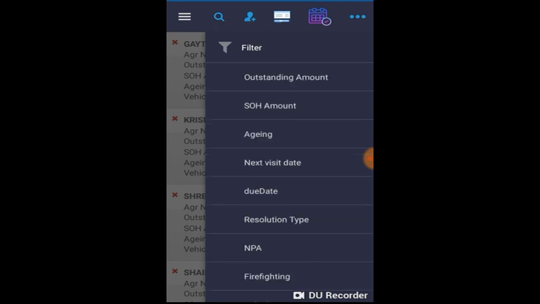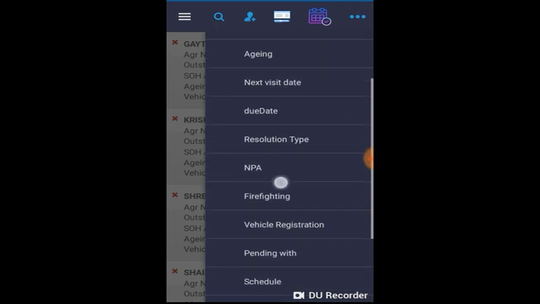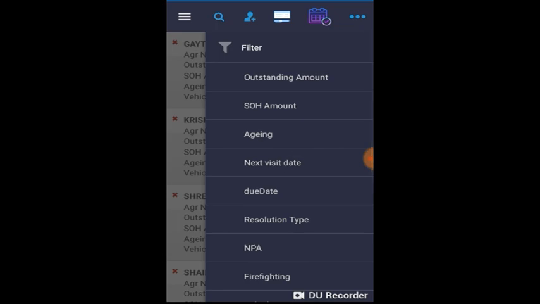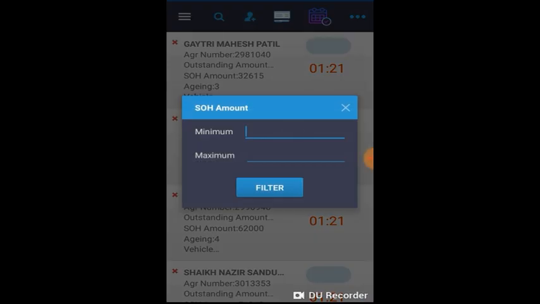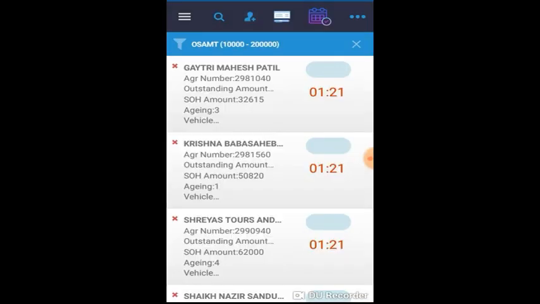If you go into filter, you can see you have many options to filter all the contracts. Now as an example, I'm going to filter my contracts on SOH amount. I'm going to type in a minimum of 10,000 and a maximum of, let us say, 2 lakhs, and I will click on filter.